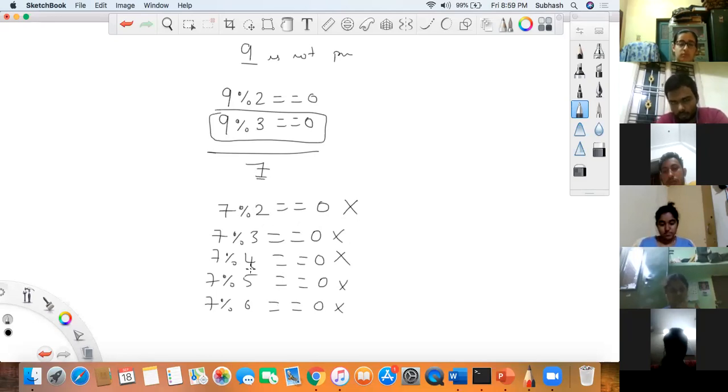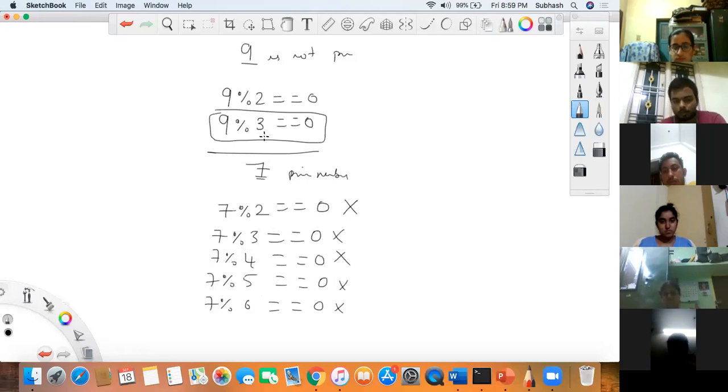So when none of the numbers divides it, what does it become? It becomes a prime number. Correct? Right? Now, don't you see that something is happening continuously? Yes or no? When something is happening continuously, what will you use? Exactly, Yogesh. You will make use of a loop. When something is happening again and again, you make use of a loop, right?